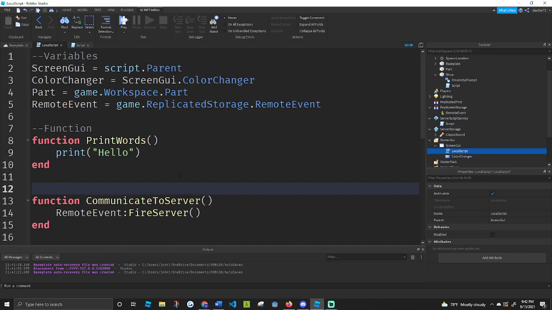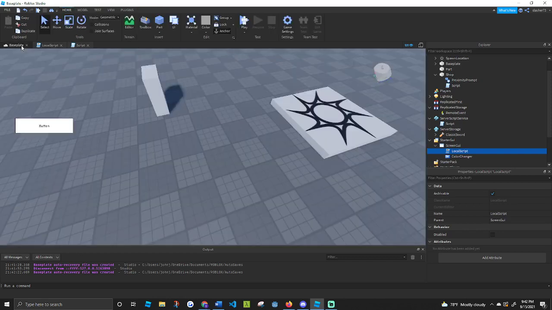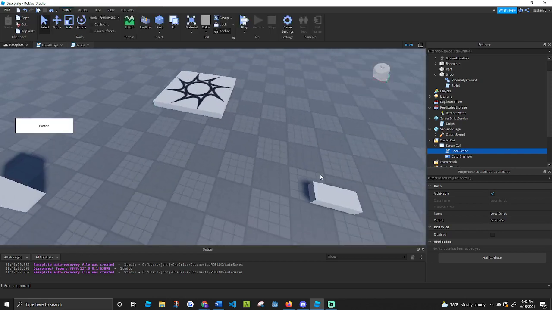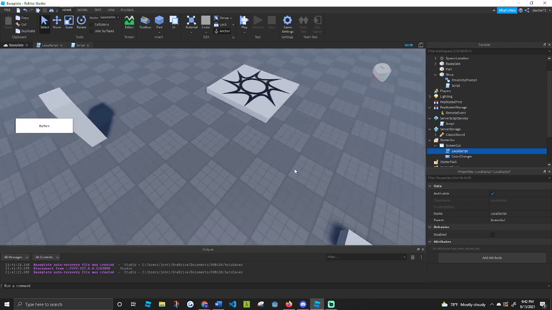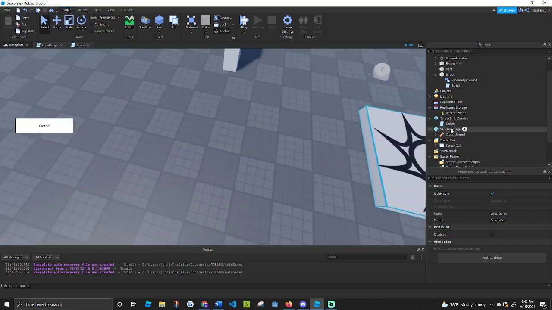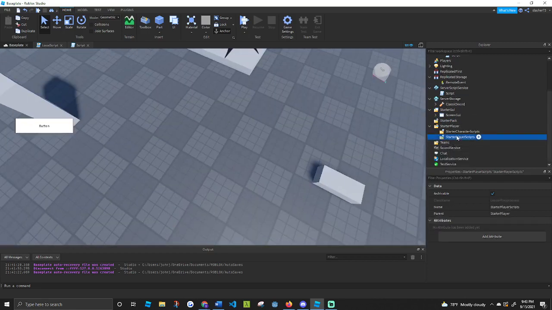Your keyboard buttons as a player are also client-sided, so the server can't tell which button you're pressing. We have to detect the button press first on the client, and then tell the server to do something about it. So for example, I'm going to add a script into